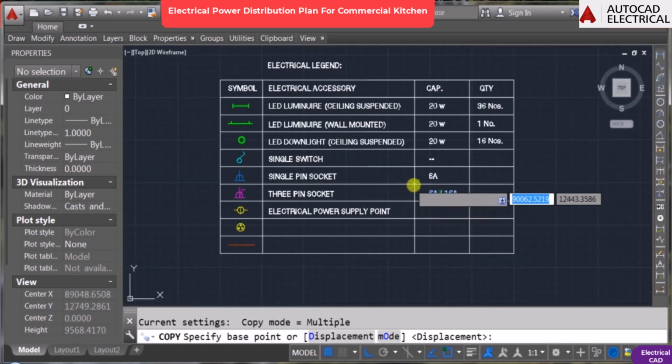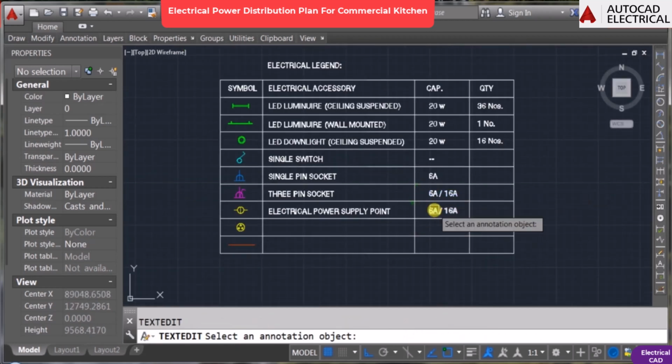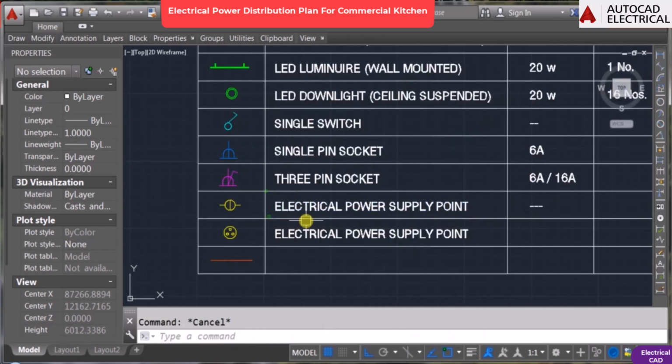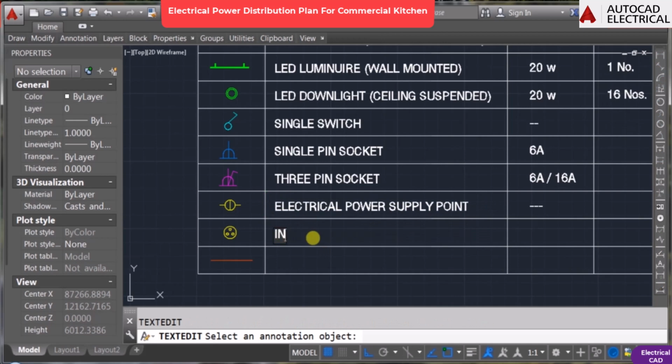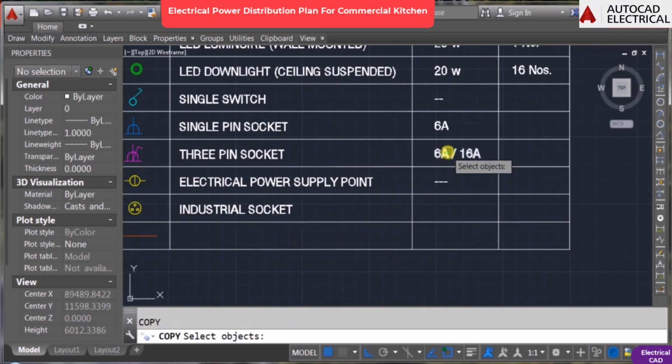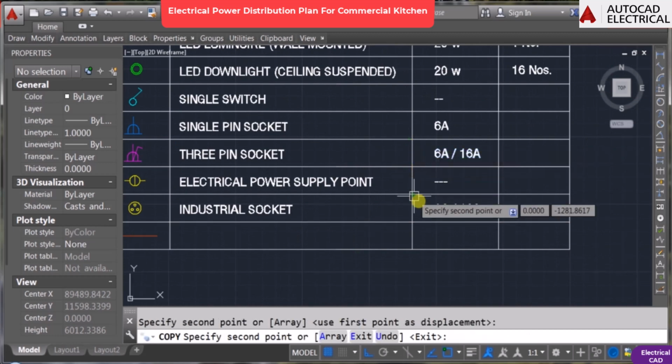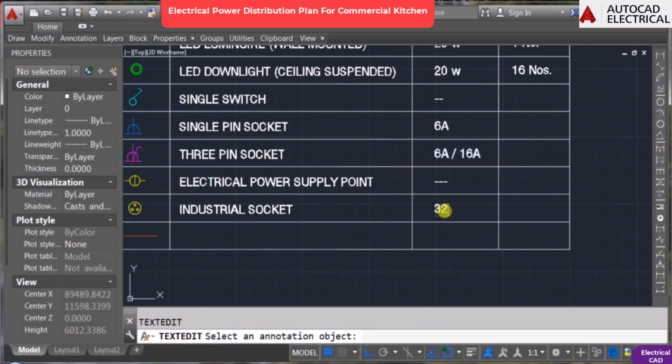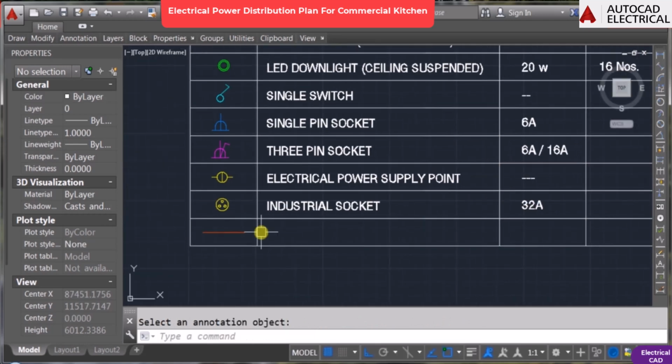Need not mention the capacity, as the capacity varies as per the equipment. The next is the industrial socket. The capacity of the industrial socket is 32 ampere. This industrial socket is used for capacity of more than 16 ampere, for heavy duty electrical